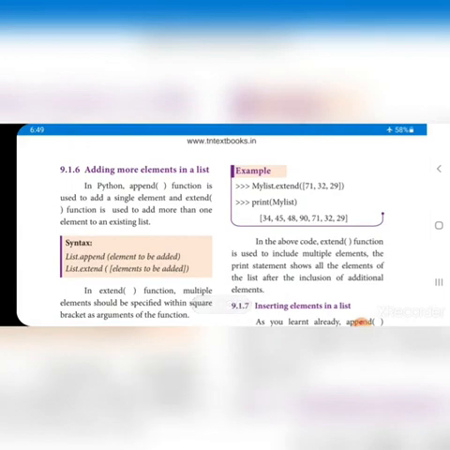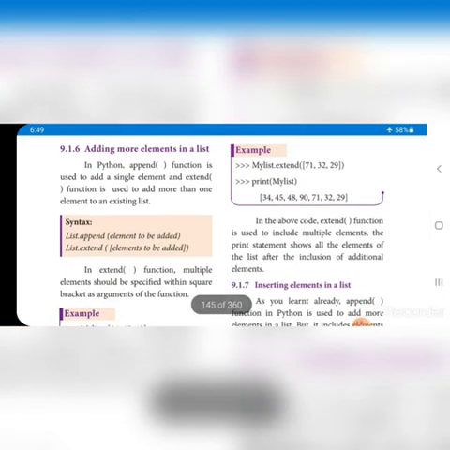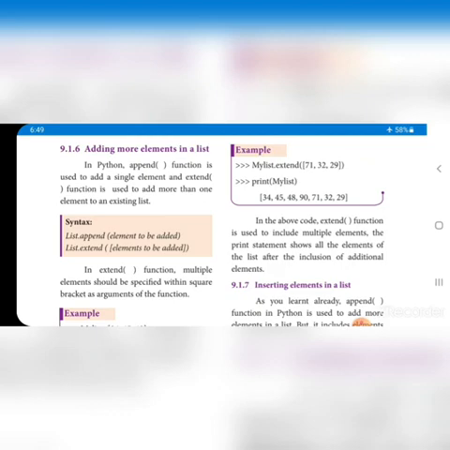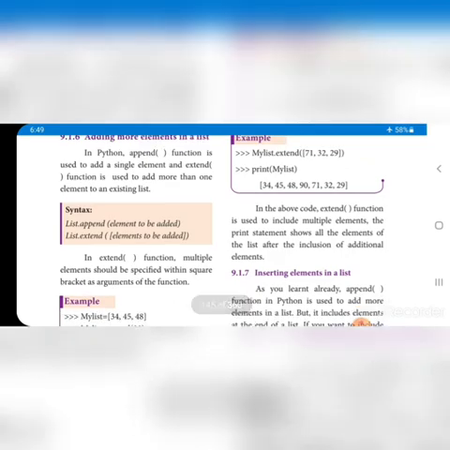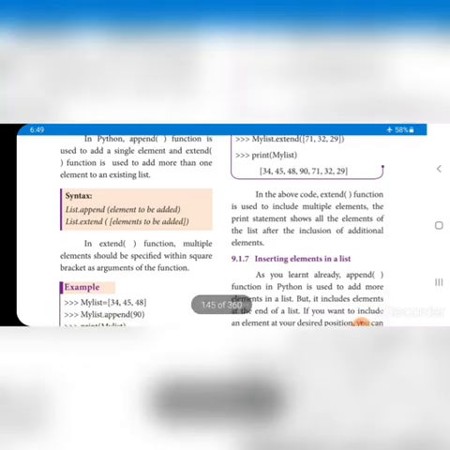extend. Here is one example: my list is already there, we created it, and my list dot extend within the parentheses, because extend is one of the functions, that's why we give the parentheses. And within the parentheses we give a square bracket. We can give a number of elements.